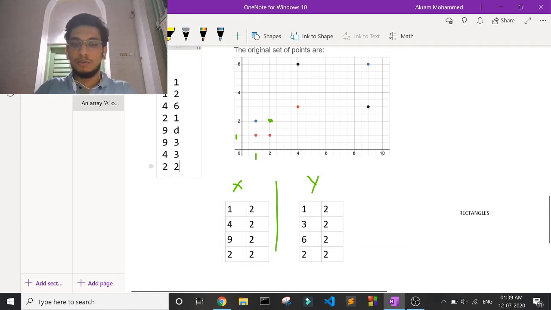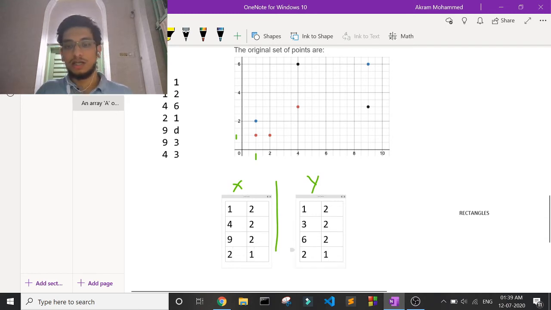Now let's say if I remove 2 2, so now we don't have this single point right here. Now what happens to the count, right? We lose a 2. So we have only 1 2 in the x coordinates, and we have only 1 2 in the y coordinates. It shows an imbalance, right? So we can come down and say, okay, we are missing a 2 in x because its count is not even, and we are missing a 2 in y because its count is not even. So what if we have more rectangles on the same line? Or first, let's see, what if now let me remove some other point. Let's say we have this 2 2.